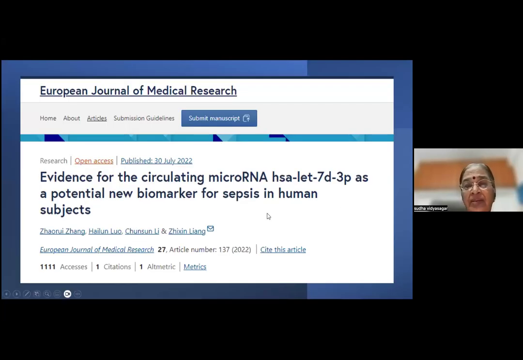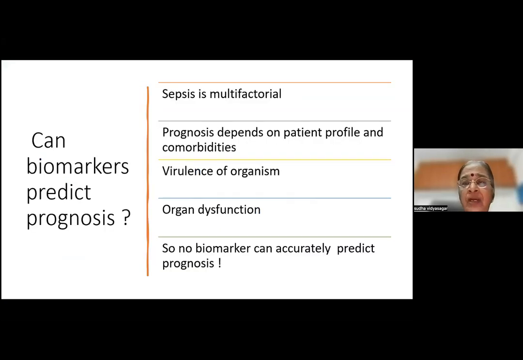Further going down the line, you get microRNAs everywhere, right from diabetic complications to nephropathy, neuropathy, cardiac failure. So many biomarkers have come which are all microRNAs. So the microRNA mentioned here is also a new potential biomarker for sepsis. When you're asked a question in the exam for biomarkers in sepsis, all these must be mentioned because these are all upcoming biomarkers.